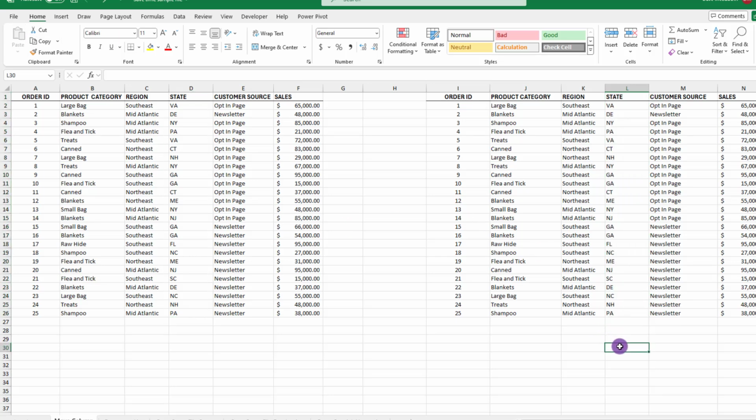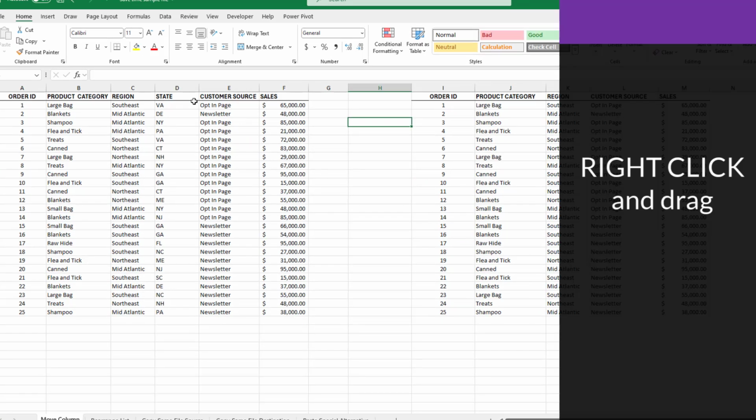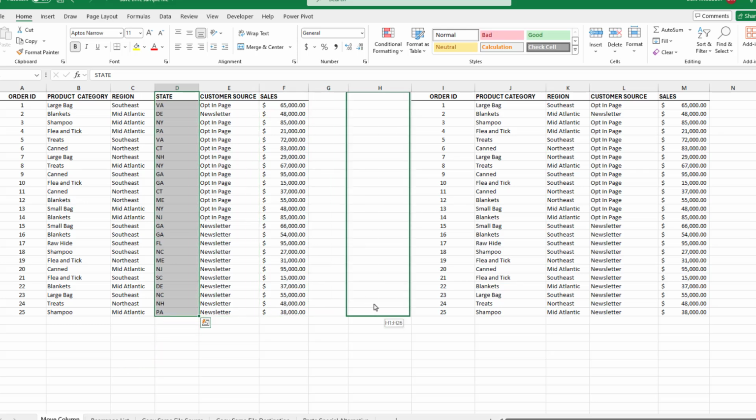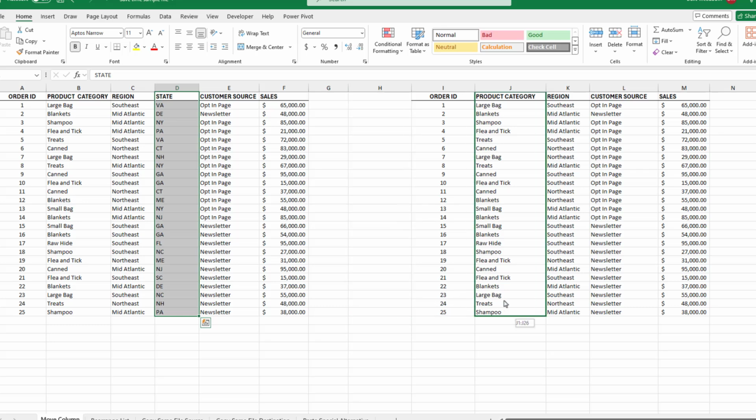And sure, that could work, but there is a much easier way, and that is to do a right-click and drag with your mouse. Here's how it works. What you want to do is first select the cells you want to copy. In this case, it's the states. Then let your mouse hover on the border of the selection and make sure it looks like this four-headed arrow thingy. Then, right-click, hold down and drag, moving this green box to where you want the cells to be in